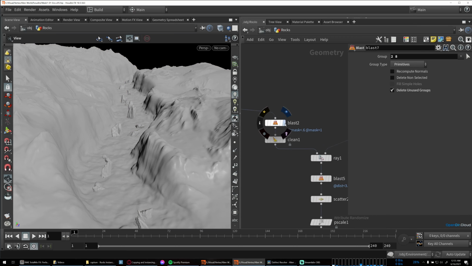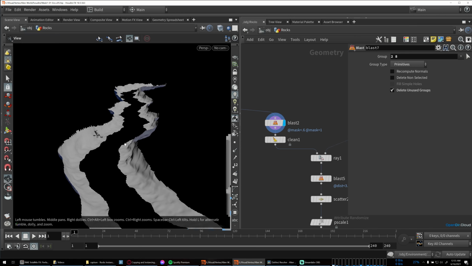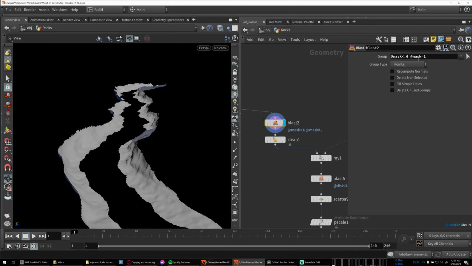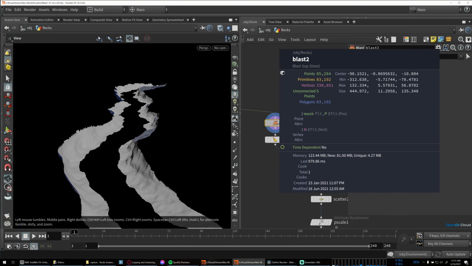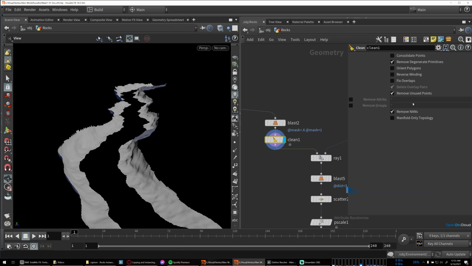I've used a blast SOP just to define the areas along the sides of the river. We're deleting anything with a mask value less than 0.6 or a mask value equal to 1. So that gets rid of the stuff outside of the river area and gets rid of the central area. And because that created some unconnected points here, I just threw in a clean SOP to get rid of those